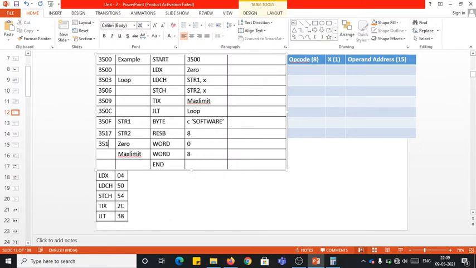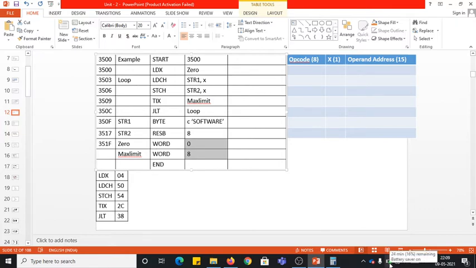Now again WORD 0, and also WORD 8, as we spoke about in the previous example, irrespective of the operand. In case of BYTE, what did I say? You assign based on the length of the operand, but for WORD, irrespective of the operand, you should allocate 3 bytes only, because every integer requires 1 word, and 1 word is 3 bytes.